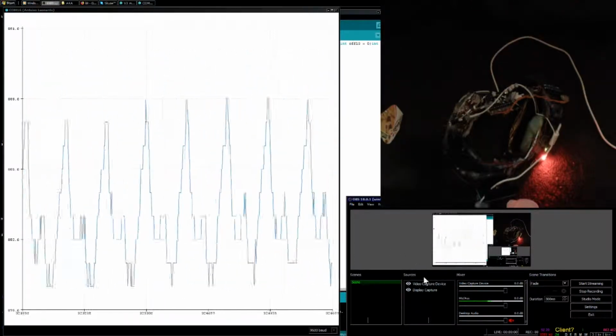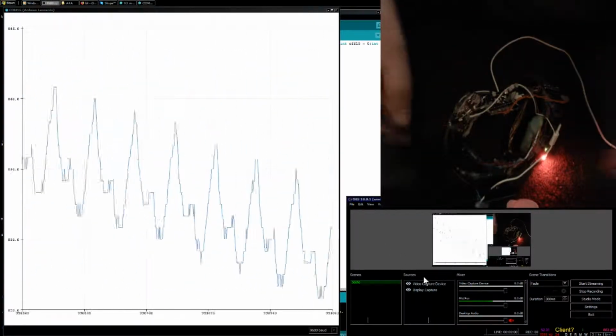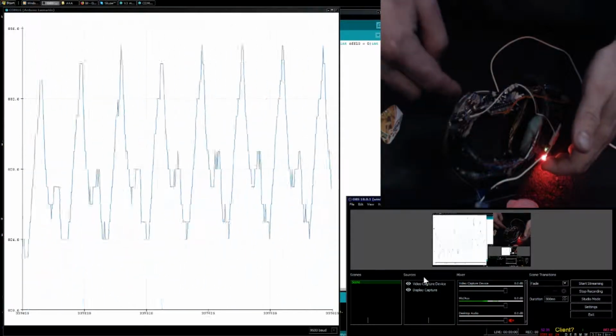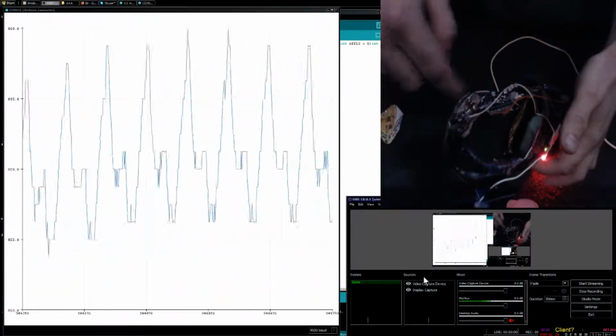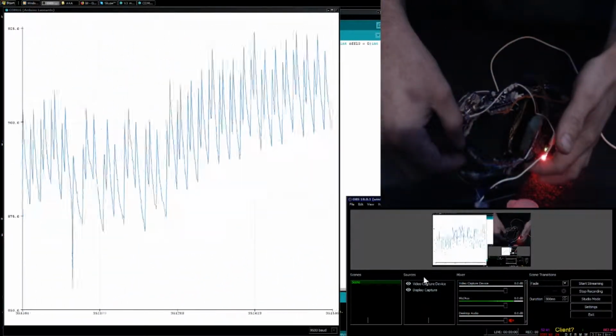So here we go, we're going to have a look at LDR. I've got an LED here hooked up in parallel to the speakers. So if I turn it up,